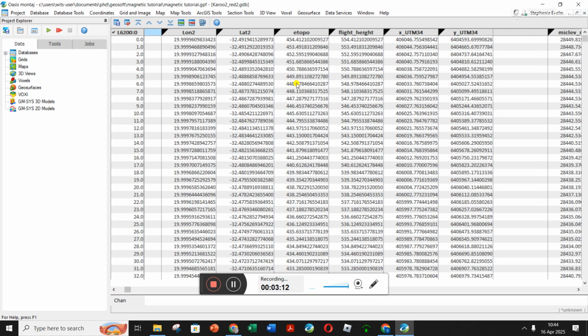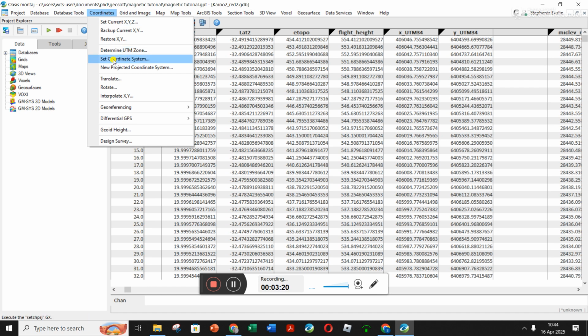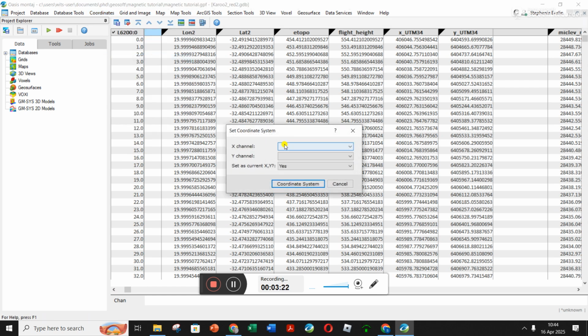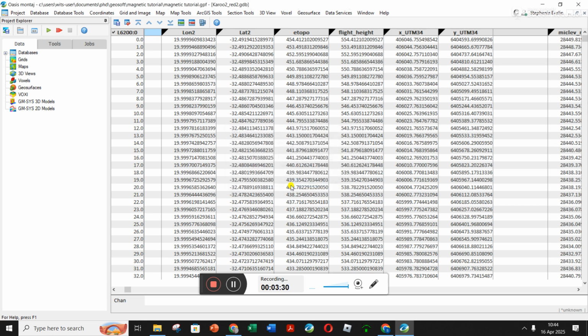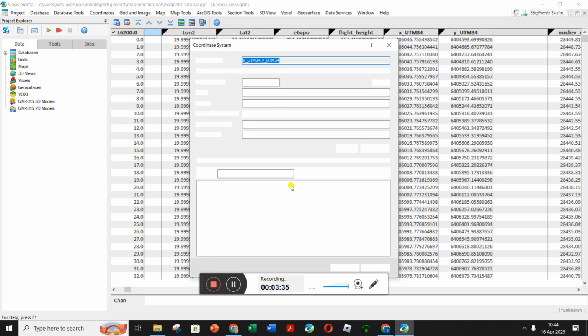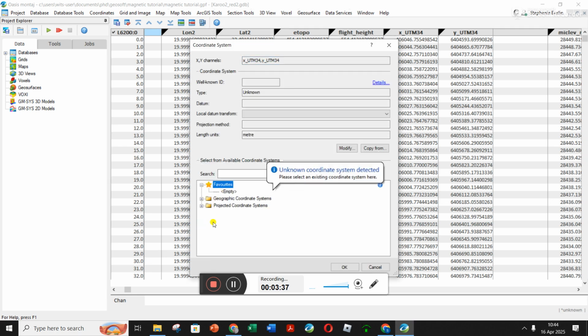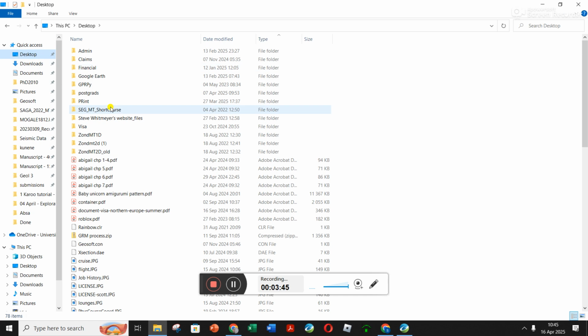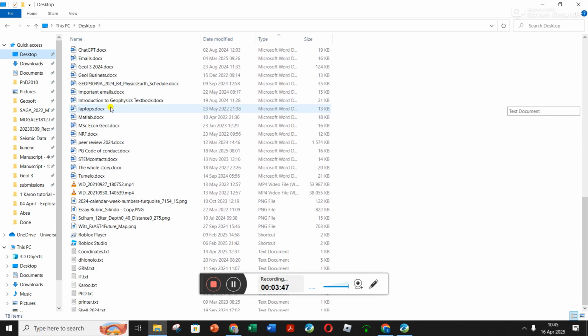because even though we've got headings that are lat long and XY, Geosoft doesn't know that those are XY. So how we do that, go coordinates and go here to set coordinate system. And I'm going to set the X and Y because I like working in X and Y. It now says to us what is the coordinate system. So I click on that and it's going to bring up a window where I can define the coordinate system. And you then have to go through these folders to find the ones you want. In all honesty, I just keep a little piece of paper, well, note on my desktop with my different coordinates